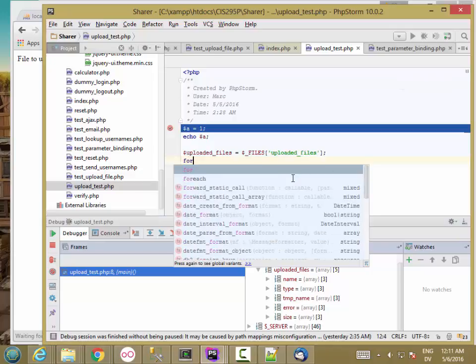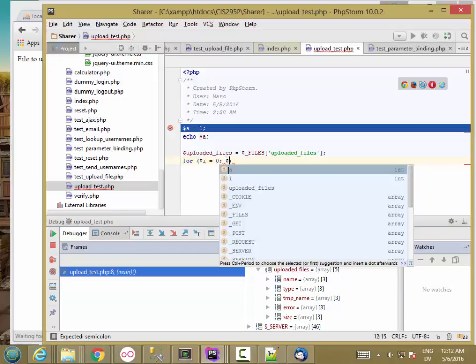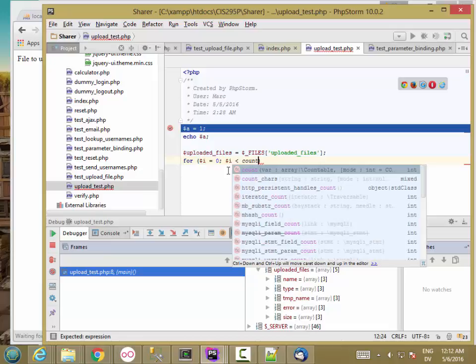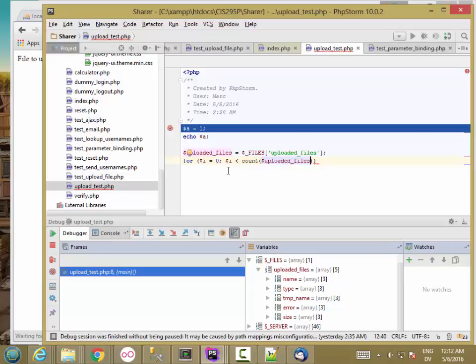So for $i equals 0, because these are just numeric, and $i less than count of uploaded files sub, and I can use any one of these arrays because they all have the same length, but I'll just go ahead and use temp name. $i plus plus. So that's going to loop through 0, 1, 2,